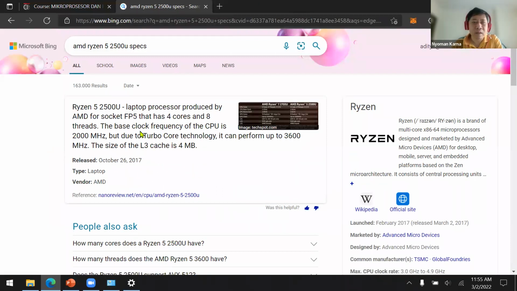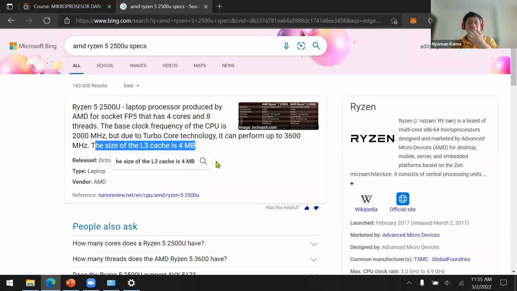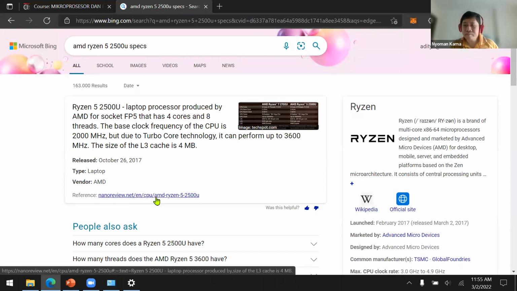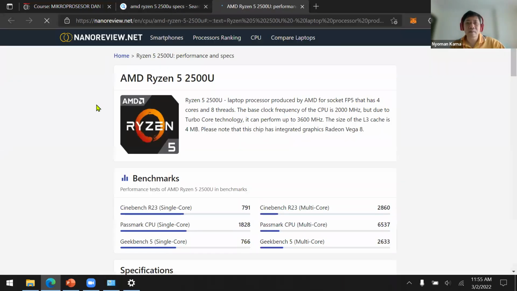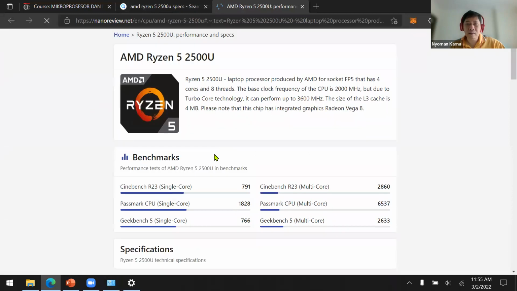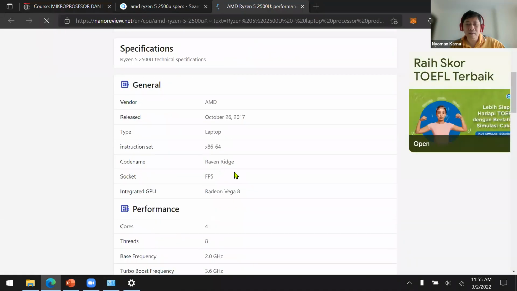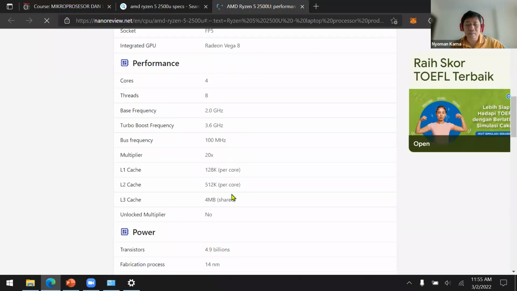Now, as you can see in here, my microprocessor, which is Ryzen 5, has 4 cores and 8 threads. The size of the cache is 4 megabytes.